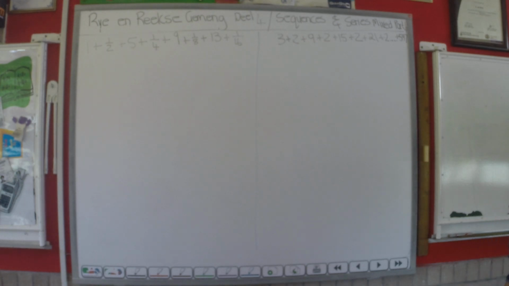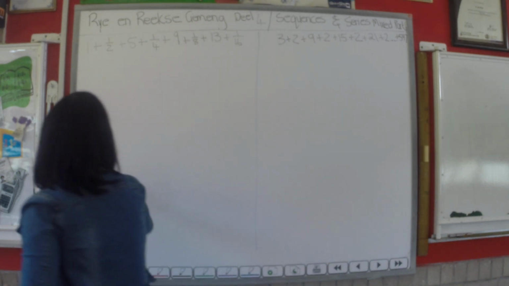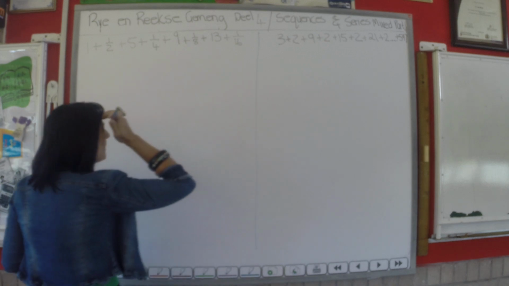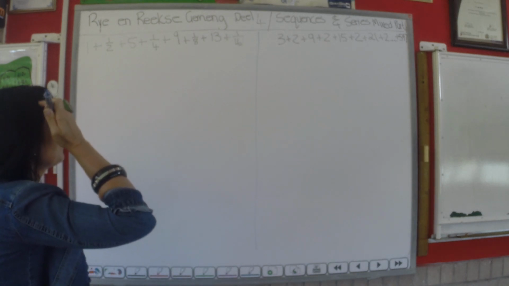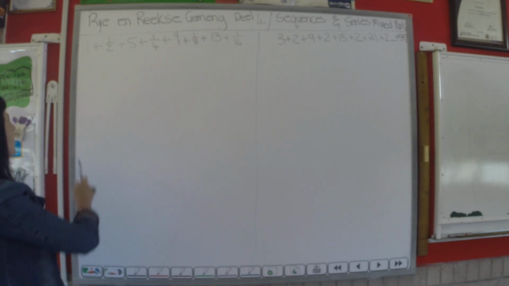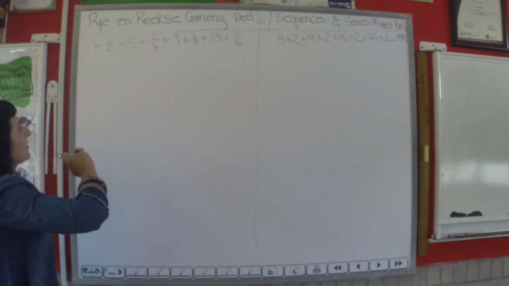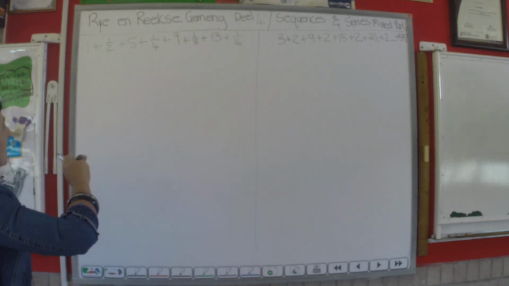reekse. We need to determine the sum of these two series, and what you can see over here is you can't recognize an arithmetic or geometric series in this one. It's a very funny one. But if you look nearby, you can see that this is actually